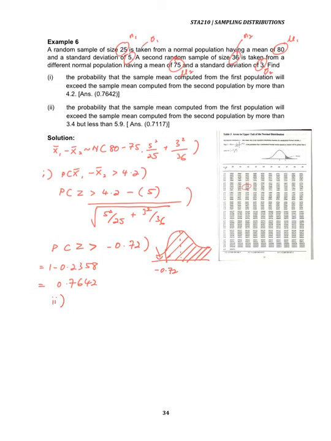Okay, so it means it wants the difference X bar 1 minus X bar 2 to be between 3.4 and 5.9. Okay, so the method is the same. 3.4 minus 80 minus 75, which is